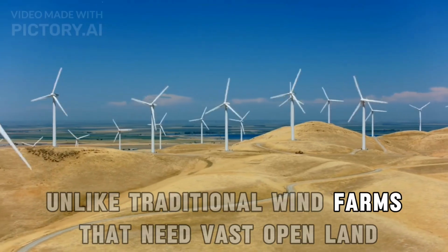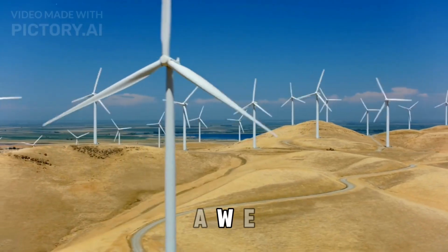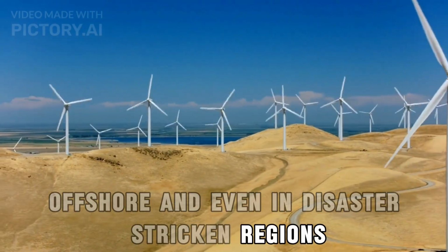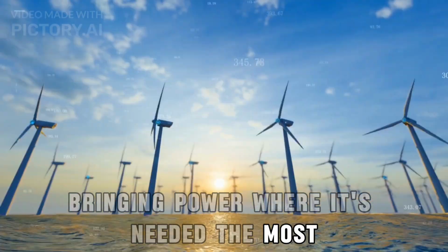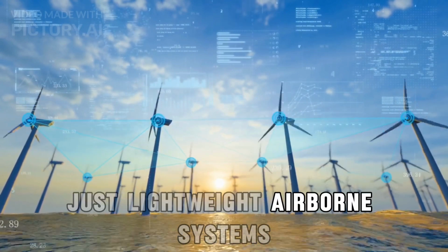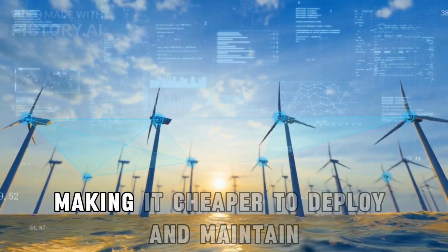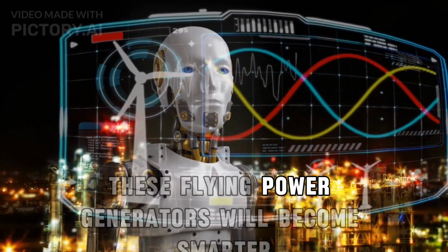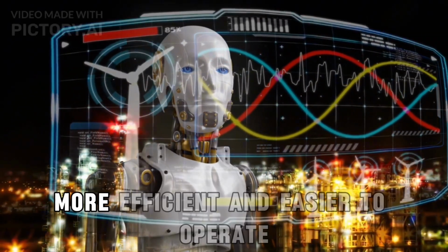Unlike traditional wind farms that need vast open land, AWE can work in remote areas, offshore, and even in disaster-stricken regions, bringing power where it's needed the most. No need for giant steel towers or expensive foundations, just lightweight airborne systems tethered to the ground, making it cheaper to deploy and maintain. As AI and automation advance, these flying power generators will become smarter, more efficient, and easier